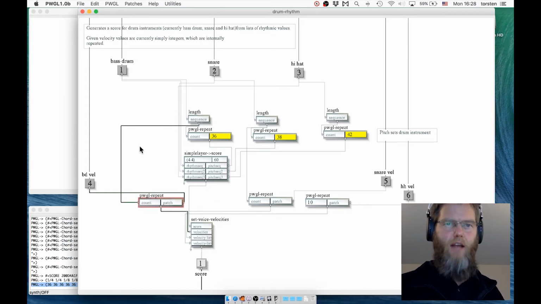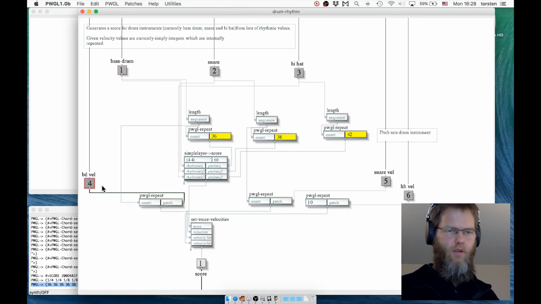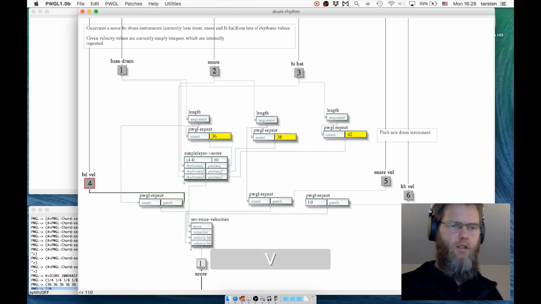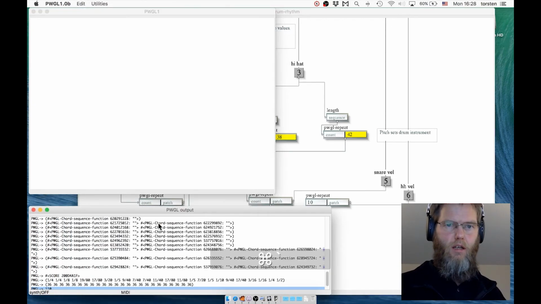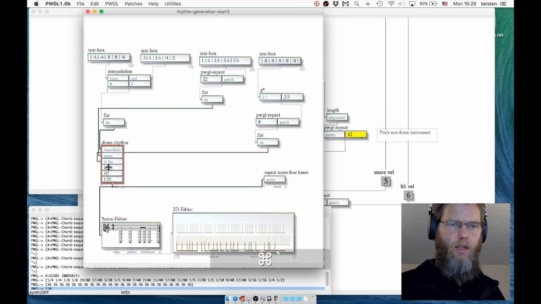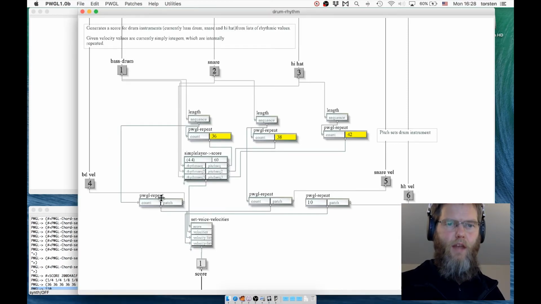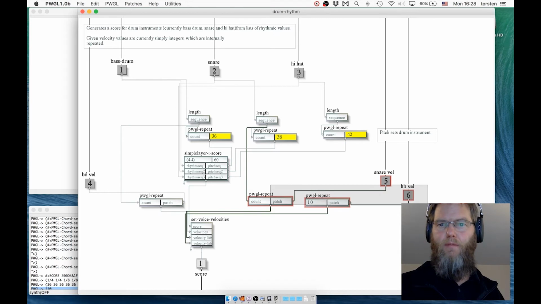So it's the same length as my bass drum, how many notes that are, and then it is repeating the bass drum velocity, and the bass drum velocity has been set on the outside to 110. Yeah, so that's taking this value, bass drum velocity, and then repeats that